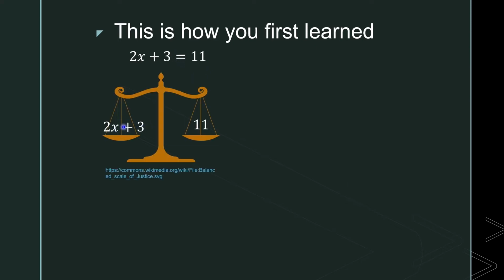And the left-hand side and right-hand side are balanced. To keep it balanced, any mathematical operation must be done on both sides. For example, to solve this equation for x, we first subtract 3 from both sides. Thus, the result can be written as